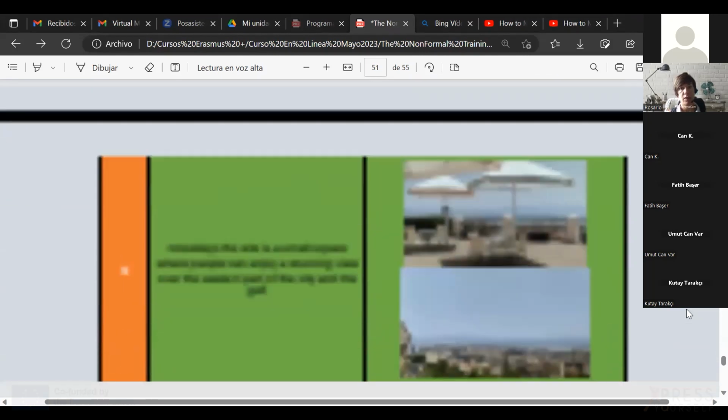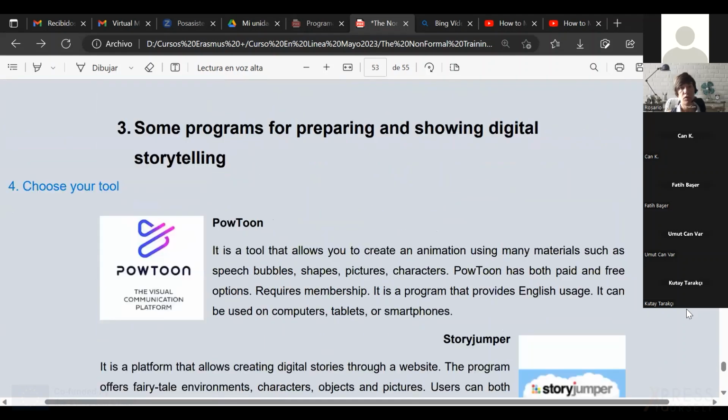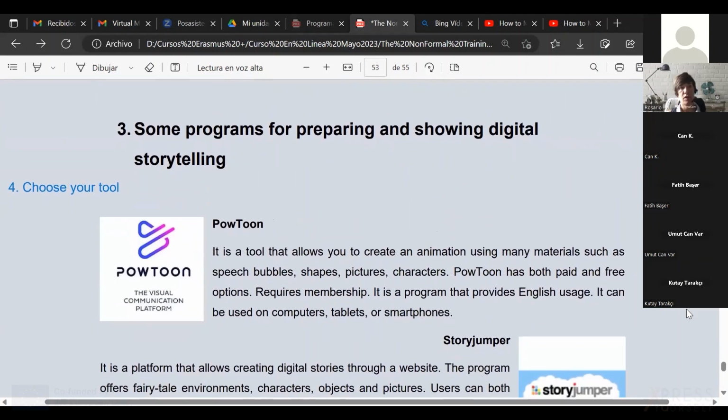And then before we go, I want to show you some programs that you can choose to prepare the digital storytelling. And we did not have time enough in this course to go through them, to see them step by step how to use them.